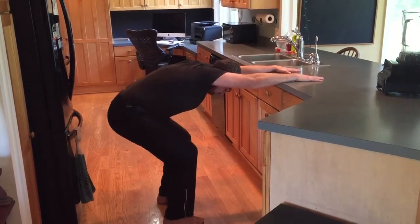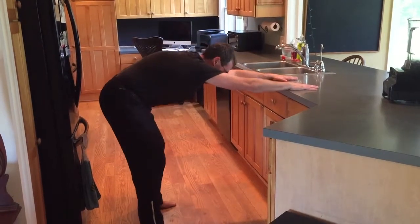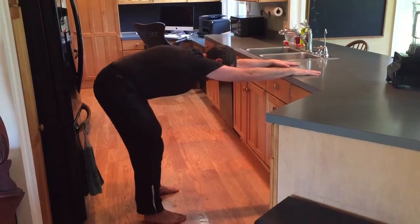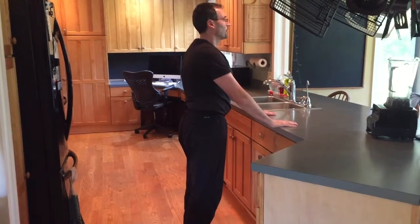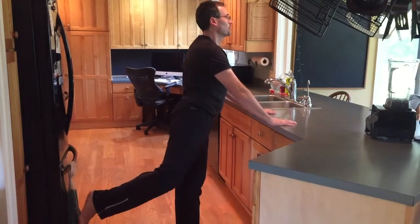So now I'm doing a combination exercise of not only increasing my thoracic mobility, but improving my squat. As my spine gets looser, I can increase my stretch by pulling my hands a little bit further off the countertop. Next, we proceed to do lumbar extension strengthening by lifting one foot up in the air and backwards,